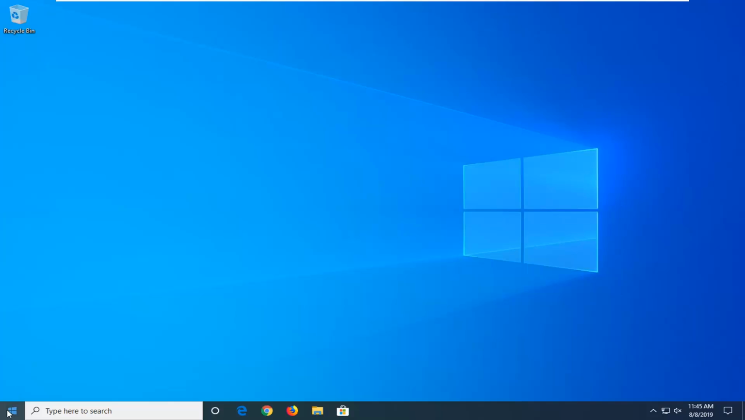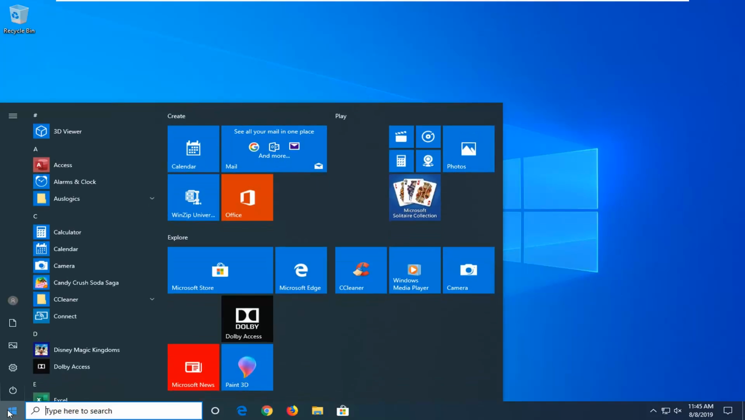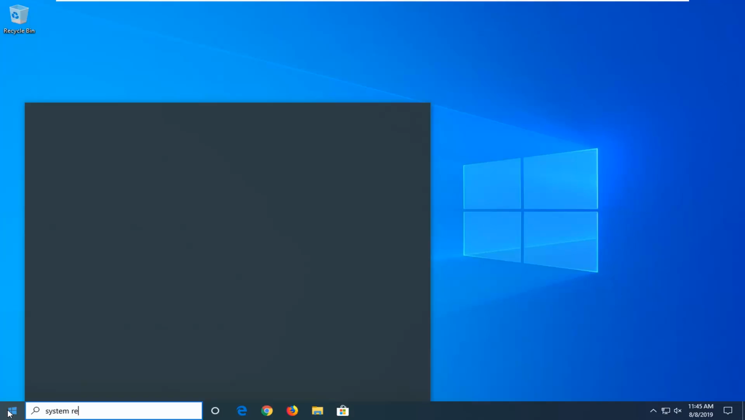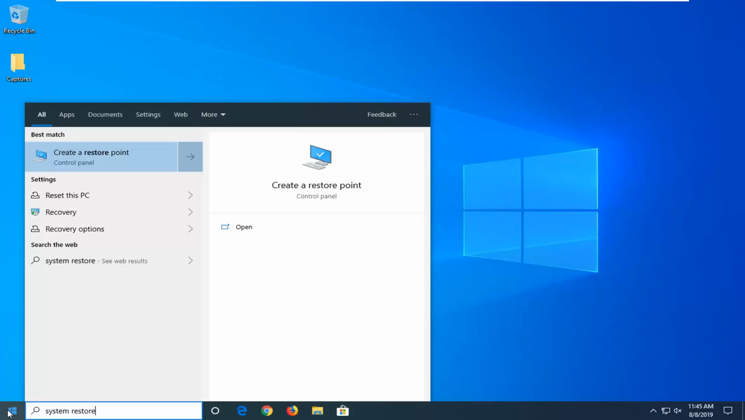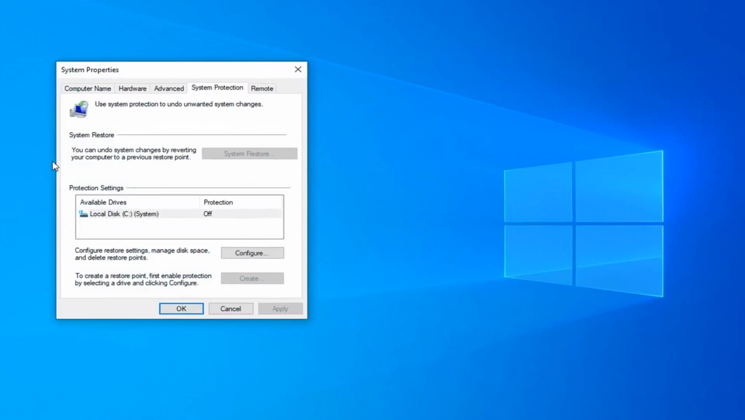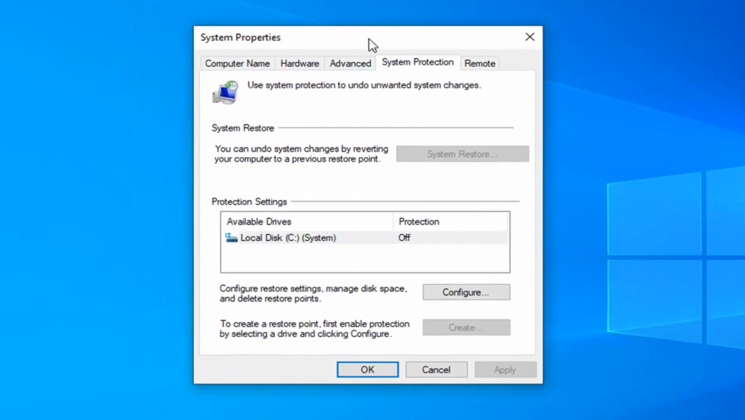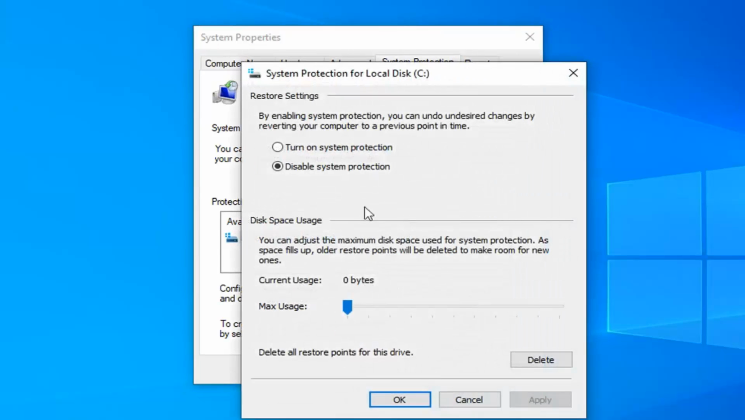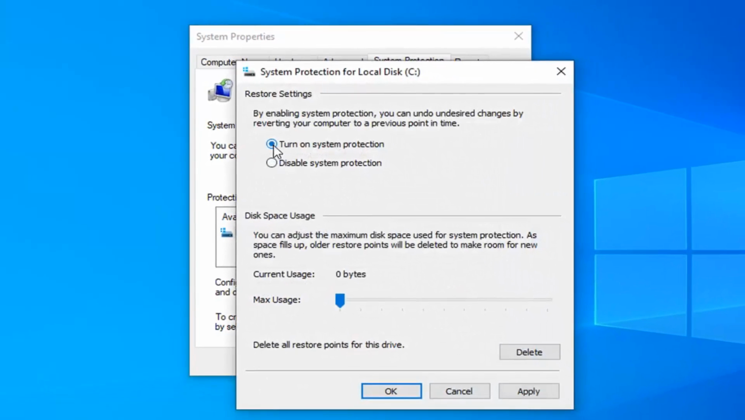Start by opening up the start menu. Just left click on the start button one time, type in system restore. Best match should come back with create a restore point. Go ahead and left click on that. If there were no system restore points created already, protection will say off right here, so you're going to have to go and select this configure button, select turn on system protection, and then I would suggest moving this little